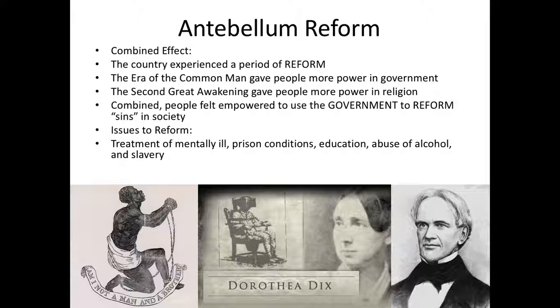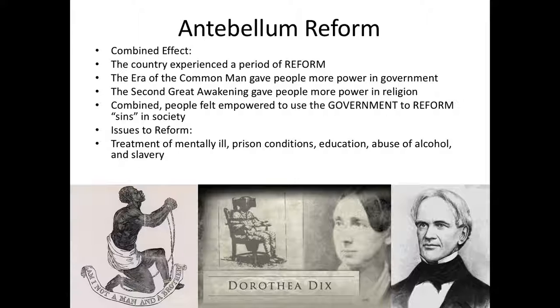And then I'll pause for a moment and I'll talk about the separate roles of men and women and how women feel like there should be a reform that gives them more government power. They want the right to vote. That'll be issue number 5. And then I will finish up this lecture by introducing the abolitionist movement, issue number 6.